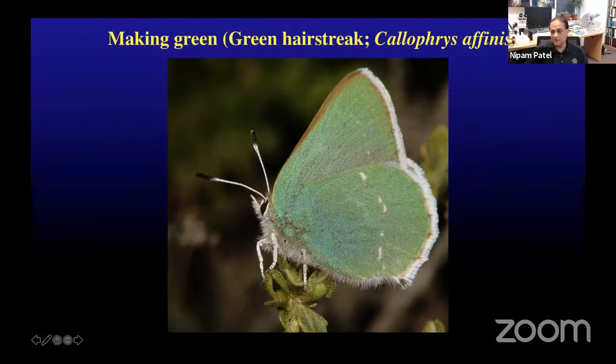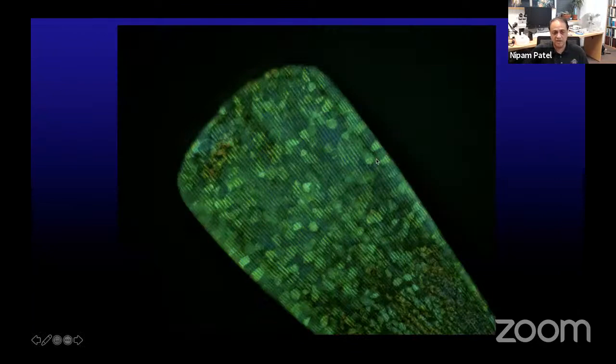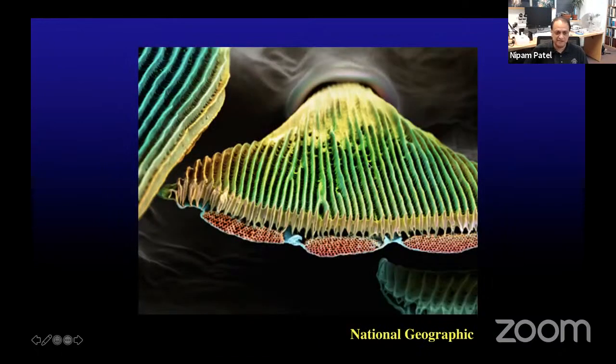Another example I'll show you is this little green hairstreak butterfly here. Green is a very good camouflage color for butterflies and moths. But it turns out that green is very rarely a pigment in Lepidoptera, almost always created by structural phenomena. In this case, if we zoom in on one of these green scales, we're shining white light down on this scale, and you see what look like little facets of green light coming back at you. If you take one of these scales, break it open and look at it in SEM, in this case it's not the ridges creating this color, it's these honeycomb structures, these facets that look like honeycombs down inside the scale, which are responsible for this.